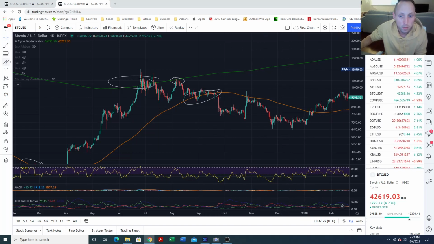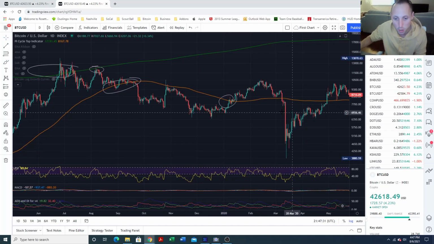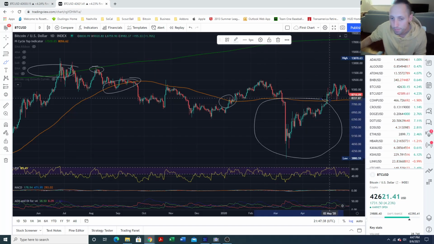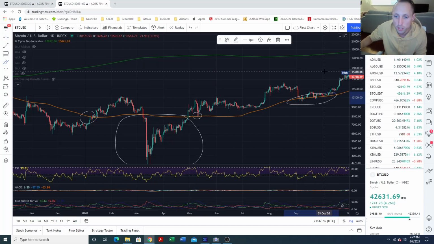Broke through. What's going to happen? Should move up. Oh, I was wrong. COVID crash. Again, this is a time frame I'm hesitant to use, but it did lose it. It came down hard. Eventually regained it. Tested it, retested it, got over, retested right there, and started using this line for support.